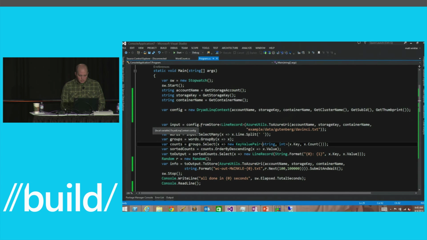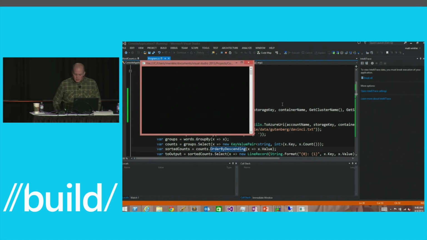What we're going to do here is pull from a store. There's a little bit of work that I do to put my Azure account, storage account, and keys in here. Again, it's Hadoop, so let's count some words. We'll take the collected texts of Leonardo da Vinci and figure out which words he used the most frequently. This is just how we'd do word count if I had a text file locally. I'm going to split that out, do a group, a sum, an order by. And again, this is all just LINQ. Then I have to do a little bit of work here to say how I'm going to output this. And if we hit F5 here,